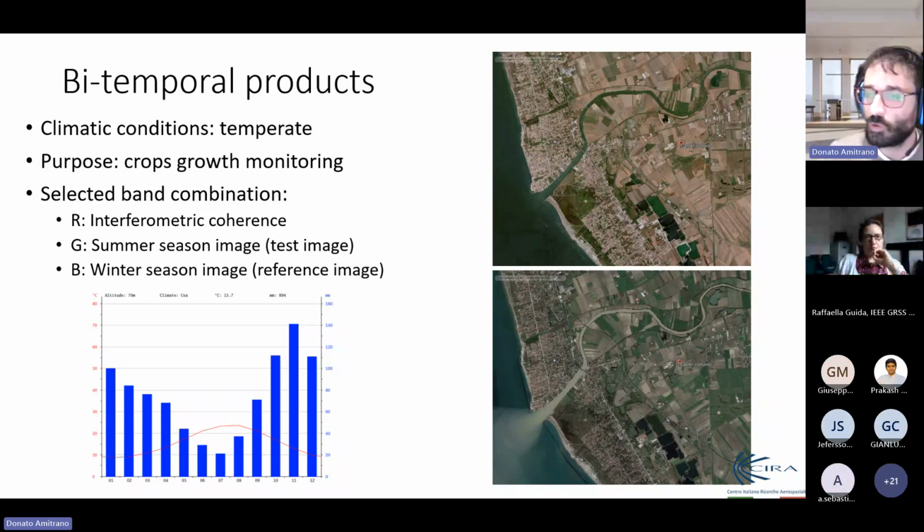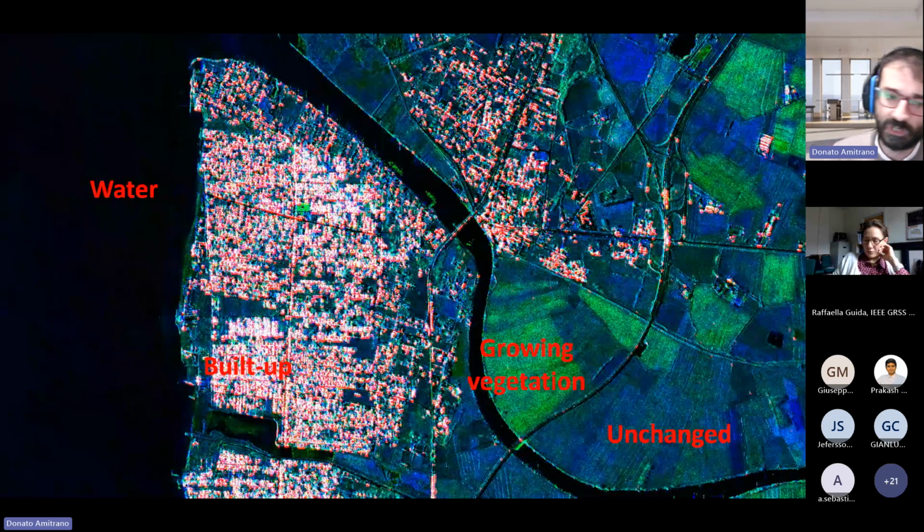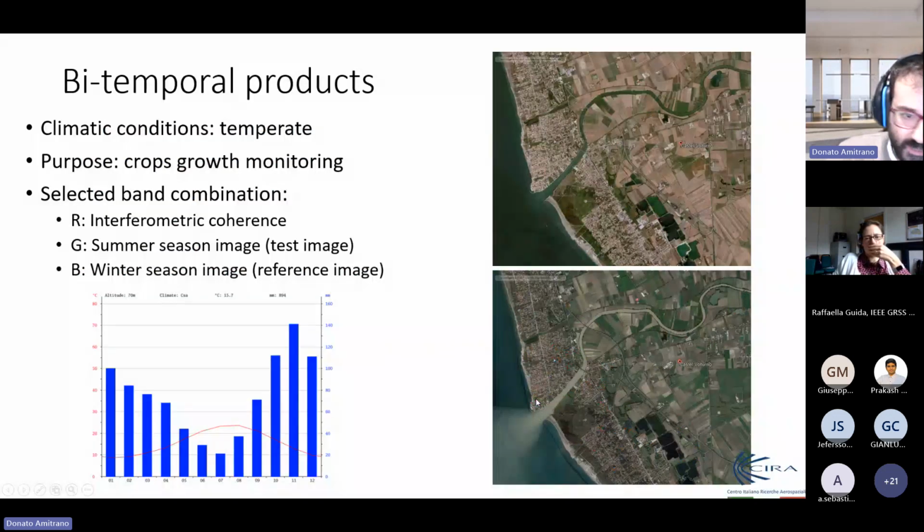Now, what is happening if I change completely the situation, moving from a semi-arid environment to a temperate environment? So we are here in Italy, the climate is temperate, so I expect a moderate availability of water lasting all the year. So here the scene is completely different. What is happening is that more or less the association between the features and the color is the same, because if I put as an example